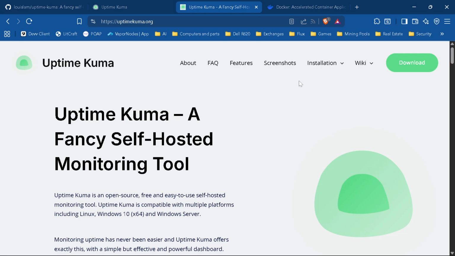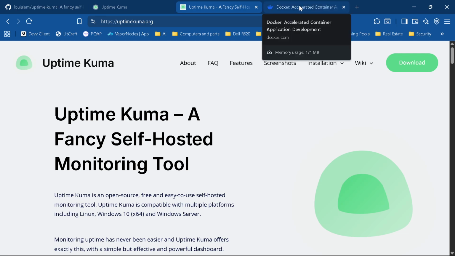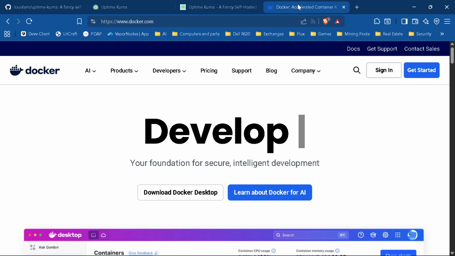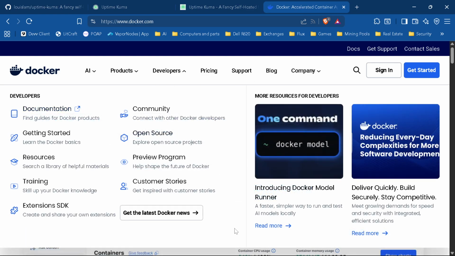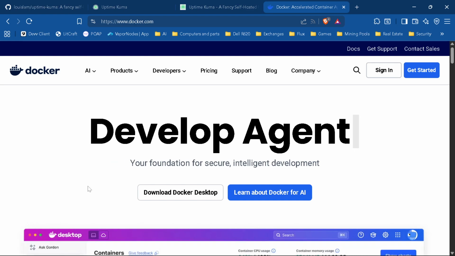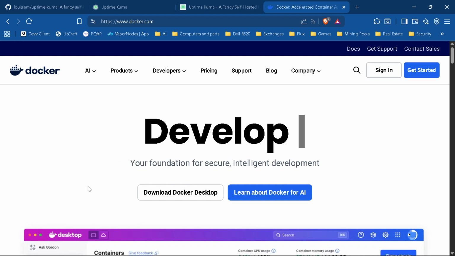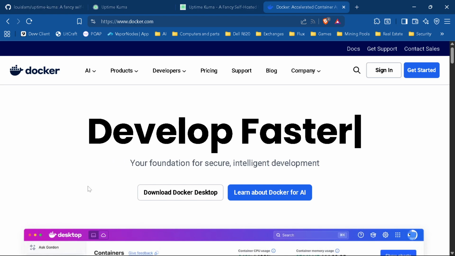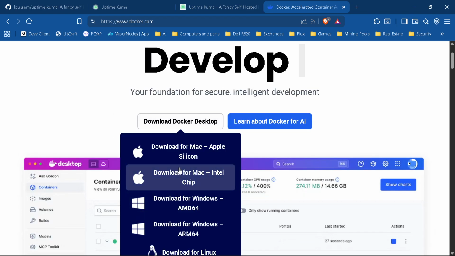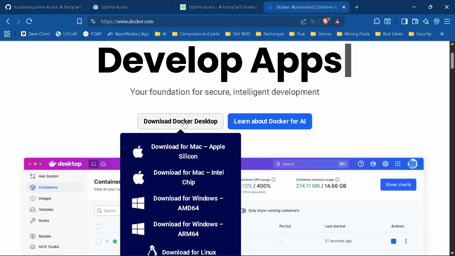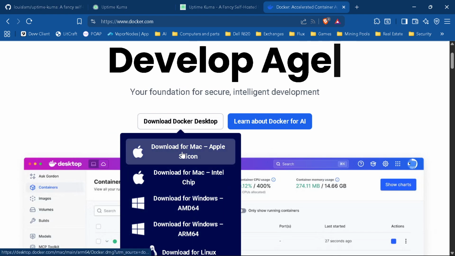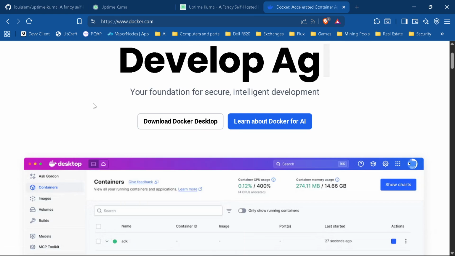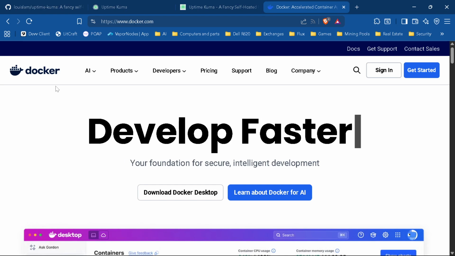If you are going to run this, then you need to figure out how you want to put it onto your machine. There's several different ways. My preferred method is through a Docker container, and I like to do that with Docker Desktop. That's just my preference. There's several others, you do however you wish. If you don't have Docker Desktop, you would go to docker.com, and here is where you can load it for whatever operating system you have. Once you have done that,